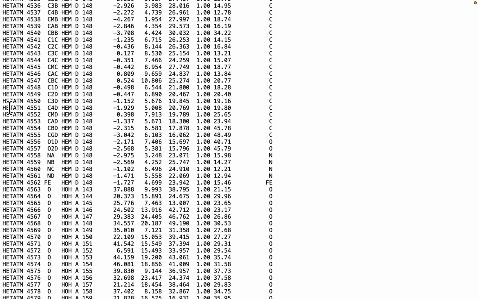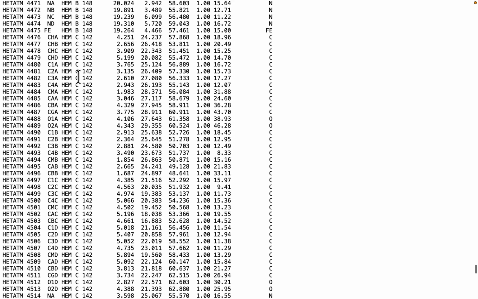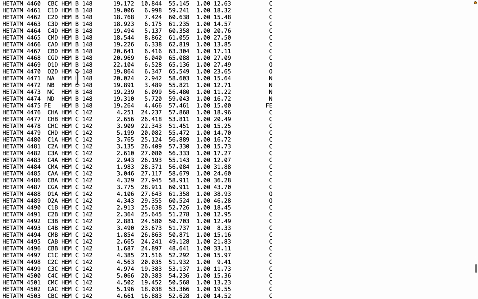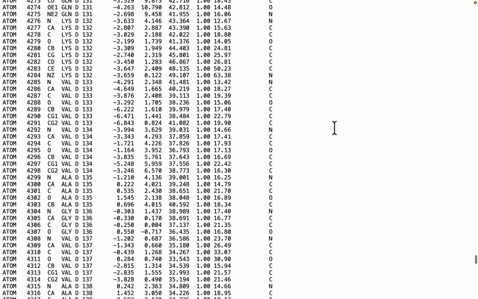They are non-standard residues. So check out HEM in the residue name column. These are the heme atoms. You will notice that they are in their own chain entry too. This one is in chain A. This one is heme chain C. This one is heme chain B. They are in their chains like that, positioned where you saw them in the 3D structure in the viewer earlier. And with all of this in check, we have successfully learned how to retrieve a 3D structure